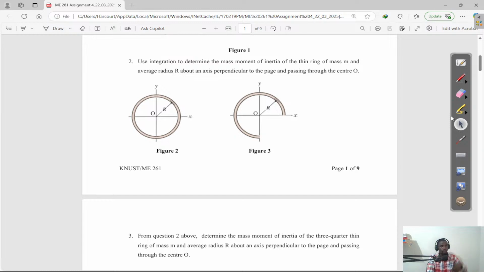So we are moving on to the rings. So for rings, we consider them to be a slender rod that has been made to form a ring. All right, so